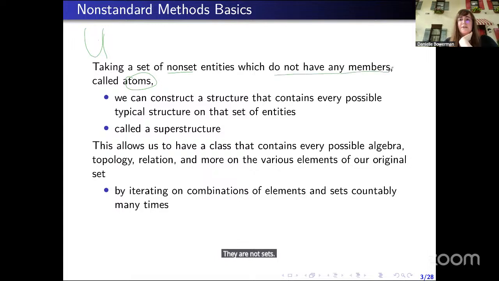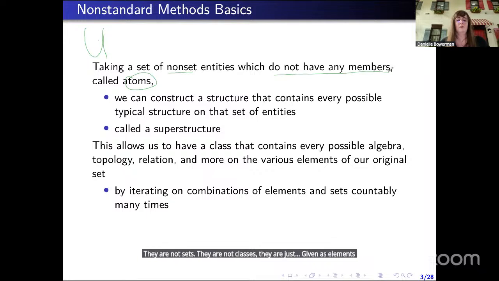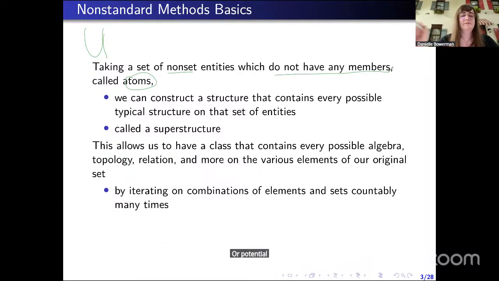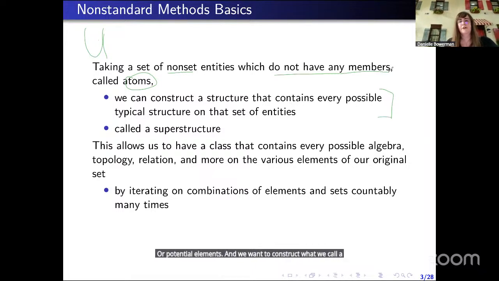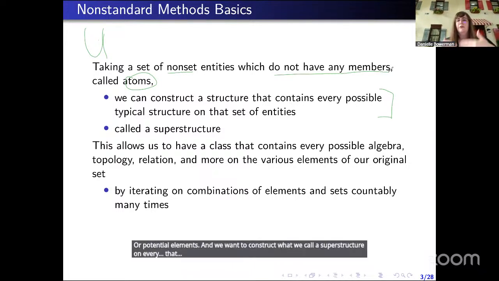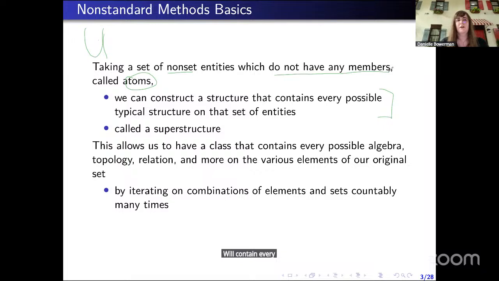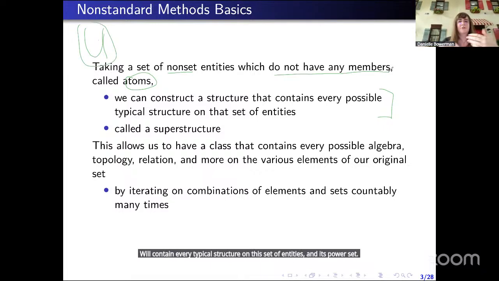They are not classes. They are just given as elements or potential elements. And we want to construct what we call a superstructure that will contain every typical structure on this set of entities and its power set and the power set of that, etc. Often denoted as V of U,